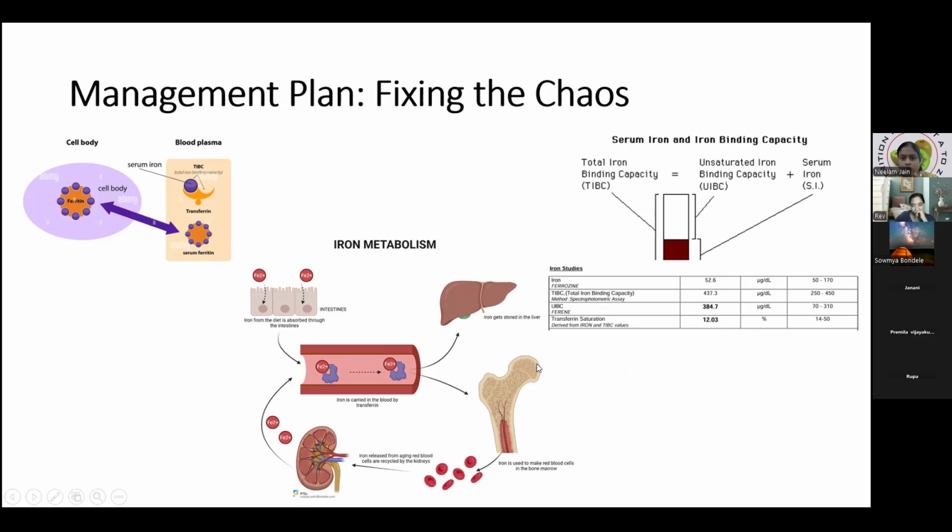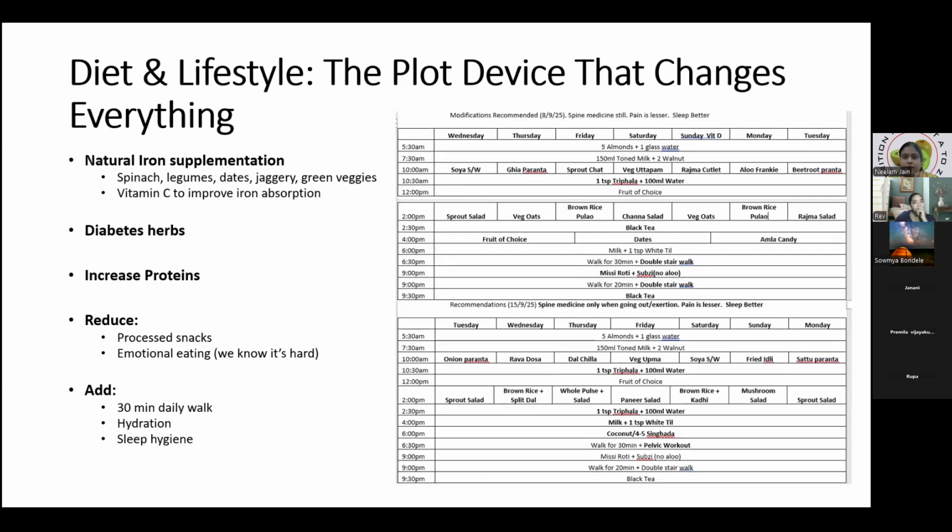Okay. So now what we did with her was we never gave her an iron-rich diet per se, but technically we increased the amount of protein in her diet. Second thing, we gave her the diabetes-specific herbs, which help in reducing the sugar values. Just by doing these two things within a week, her back pain was reduced without any medication, and her sugar values, not HbA1c, just the sugar values, dropped from 250 to 150 just by doing these two major modifications in